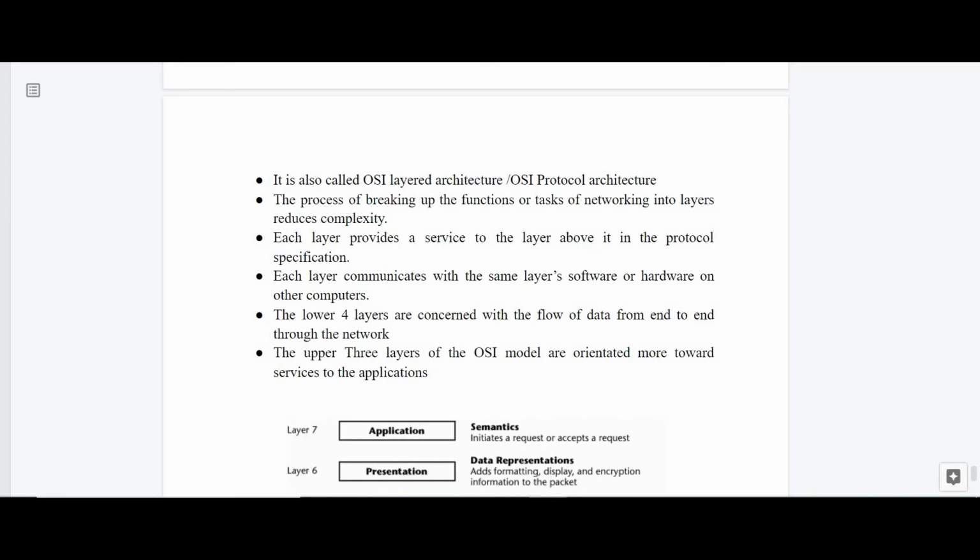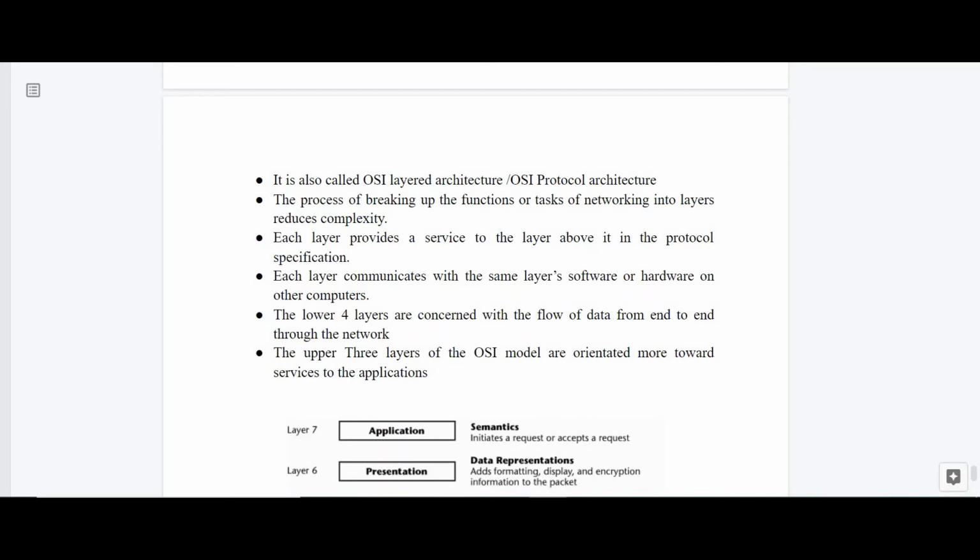Next, each layer provides a service to the layer above it in the protocol specification. You saw in the diagram that each layer was providing a function or service to the upper or lower layer. Each layer communicates with the same layer's software or hardware on the other computer. From receiver side and sender side, each layer communicates with the same layer on the other system, for example physical layer with physical layer.